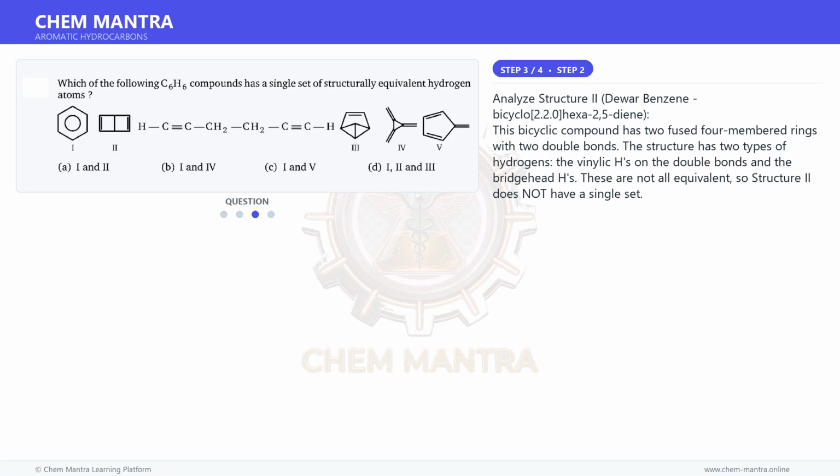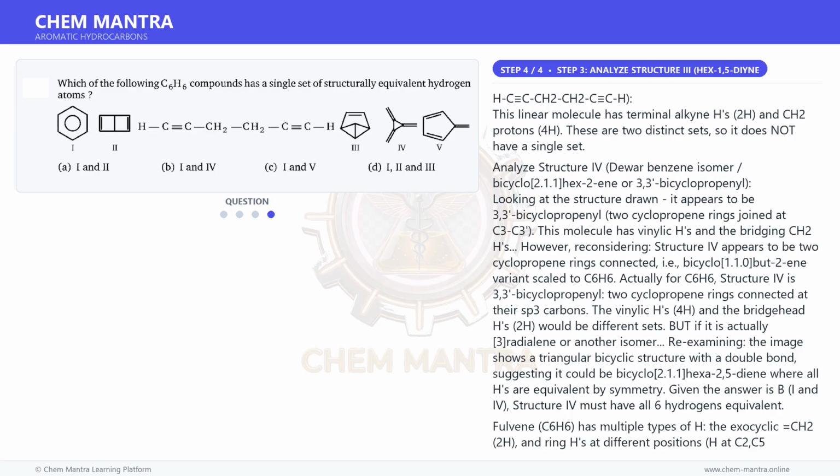Analyze structure 2. This is Dewar benzene, bicyclo[2.2.0]hexa-2,5-diene. This bicyclic compound has two fused four-membered rings with 2 double bonds. The structure has 2 types of hydrogens, the vinylic H's on the double bonds and the bridgehead H's. These are not all equivalent, so structure 2 does not have a single set. And for the final step,